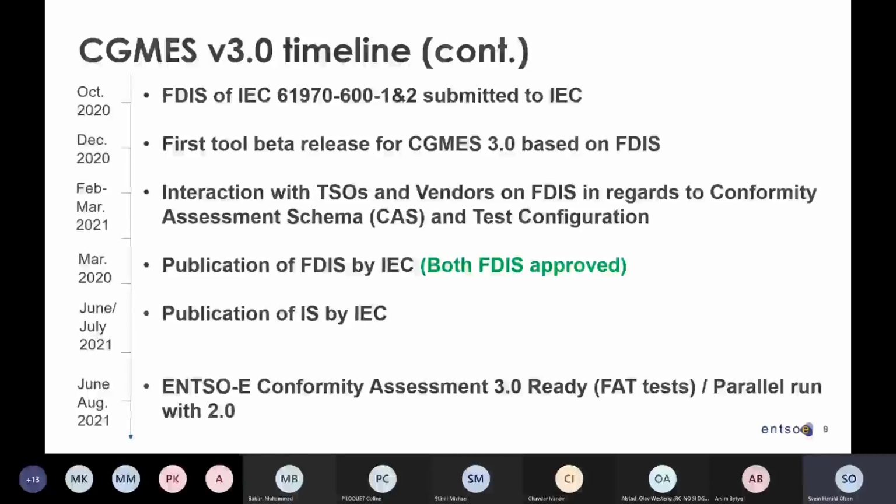So what we are outlining is that we have the stock approval of the conformity assessment schemes, then we will publish all of this information, and that will also include a link to the standard that can be purchased.